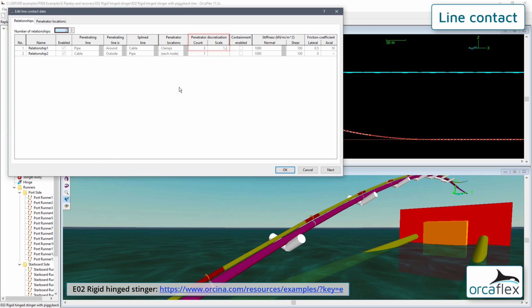This utilises the penetrator discretization model to provide a more robust contact model due to the clamp and cable being the same diameter. The second relationship is the cable outside the pipe, and this allows the outer diameters of the 2 lines to contact each other.